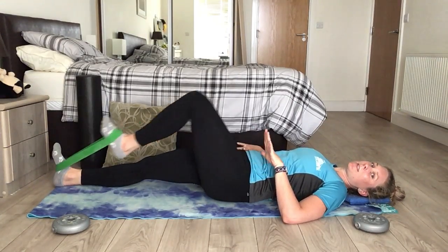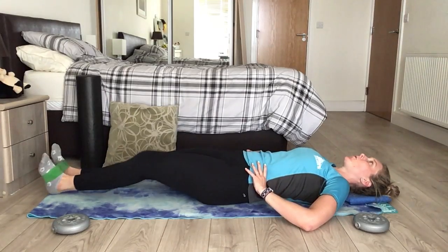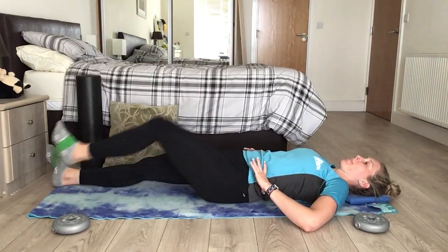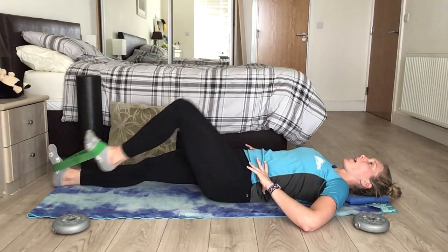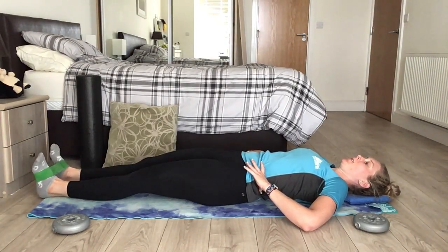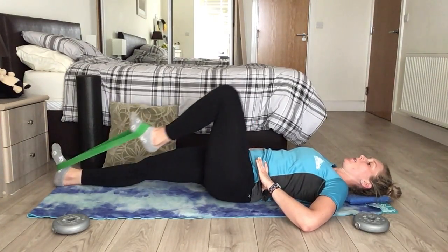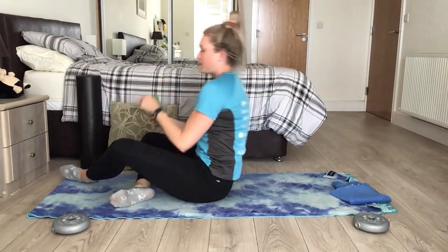Left leg up. Slowly on the way down. Driving the knee up. Control on the way down. Good. 5 more. 3, 2, and 1. Good. Then we're going to take the band off, put it to the side,